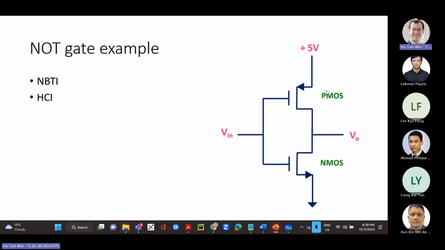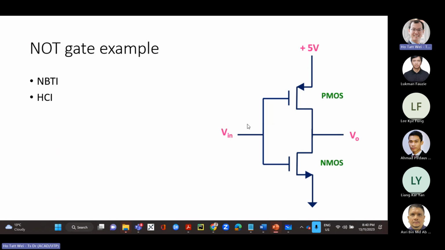Let me give you an example for this gate here. This is an inverter, and you have an NMOS and a PMOS here. Let's say I have this inverter for some reason. It is enabling something. So I put a logic 0 here, and this is a logic 1 here. So this logic 1 is enabling maybe some circuit, and maybe for 80% of the lifespan of this gate, maybe I'm going to run this for like 5 years or something, 80% of the time, this will be logic 0 and logic 1.